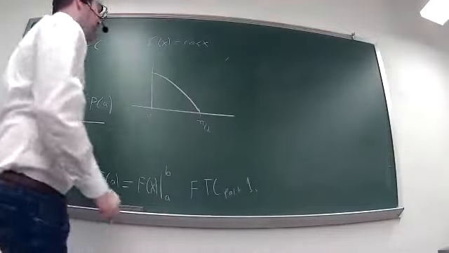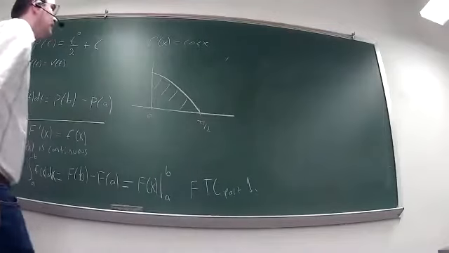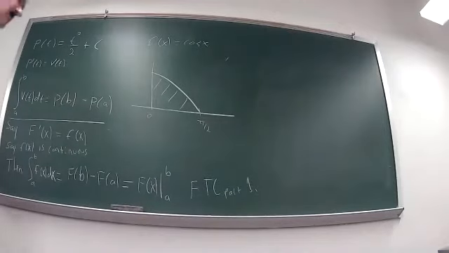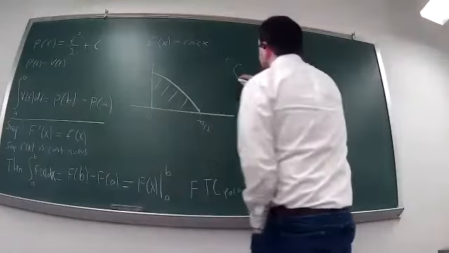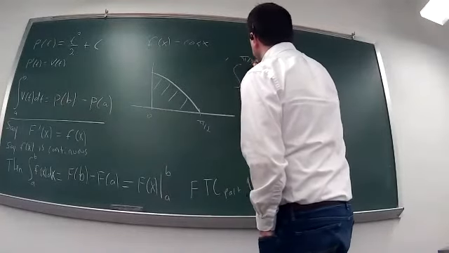And so you want to look at the area under this curve from 0 to pi over 2, which means that you're calculating the integral from 0 to pi over 2